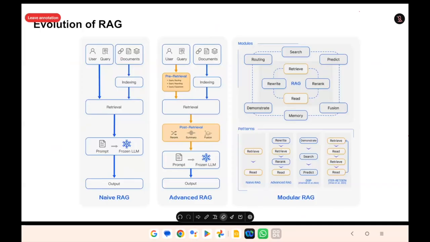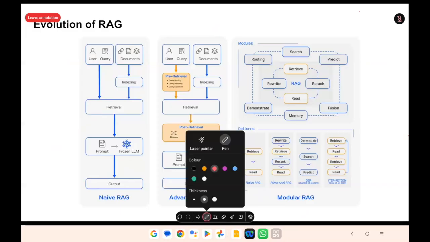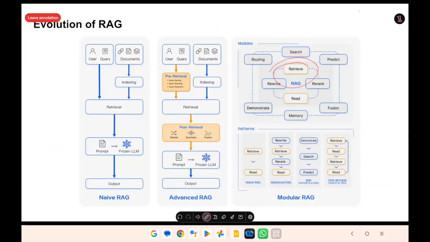Now here in modular RAG, you have naive RAG, you have advanced RAG, but here it is kind of modular. Modular in the sense each one is a module: a retrieve module, a re-ranking module, a search module, a routing module. So everything is kind of independent. And what is the advantage here?